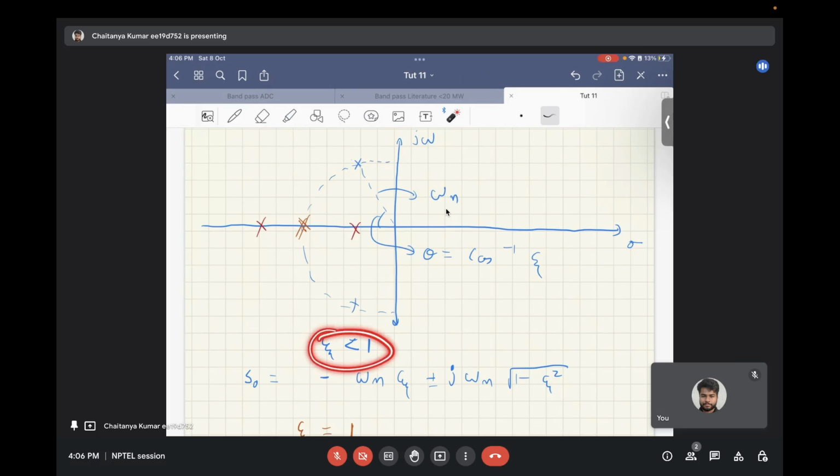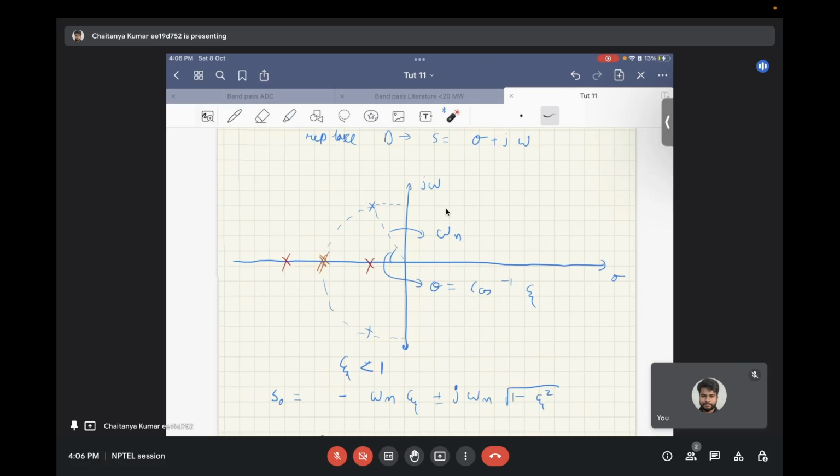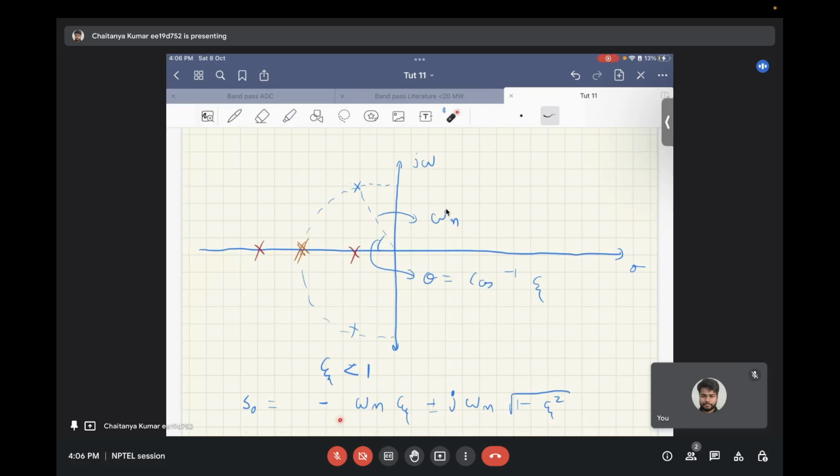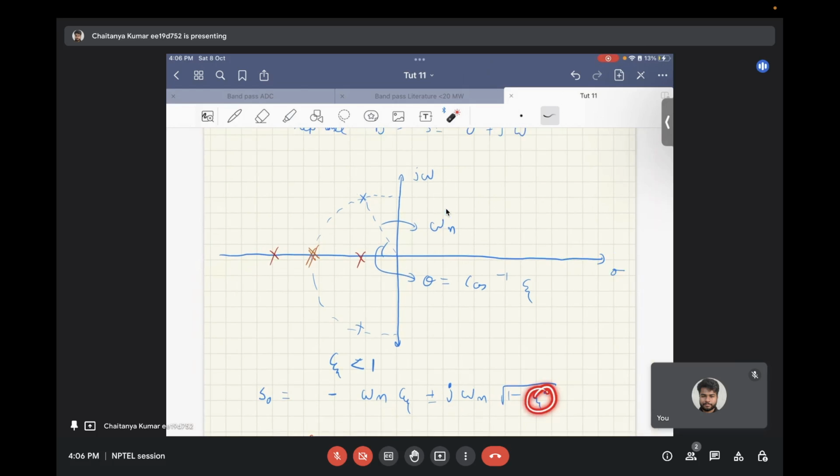For zeta less than 1, the poles, the zeros of the auxiliary equation look like this. That is minus omega n zeta plus minus j omega n into root under 1 minus zeta squared. And since zeta is less than 1, this quantity is real and this complete quantity is complex. So the poles are complex conjugates of each other. Now for a constant value of omega n, these poles will lie on this circle whose radius is equal to